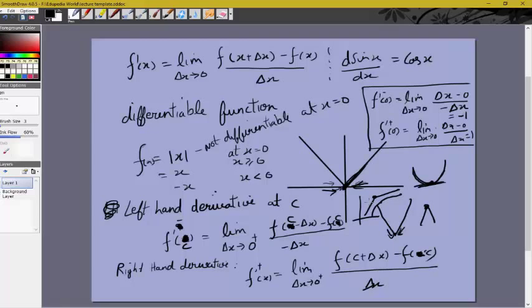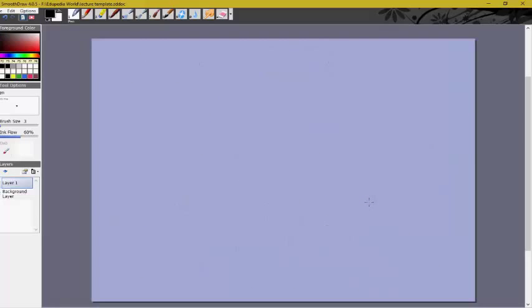And every function whose derivative you know, x to the power n, sin x, cos x, e to the power x, log x, since you know the derivative, that means they are differentiable. Now another concept here is very similar to the one in the previous video. A function,